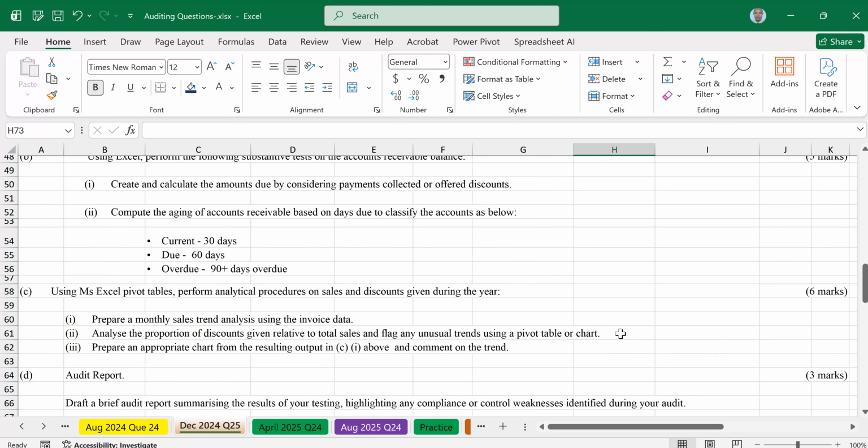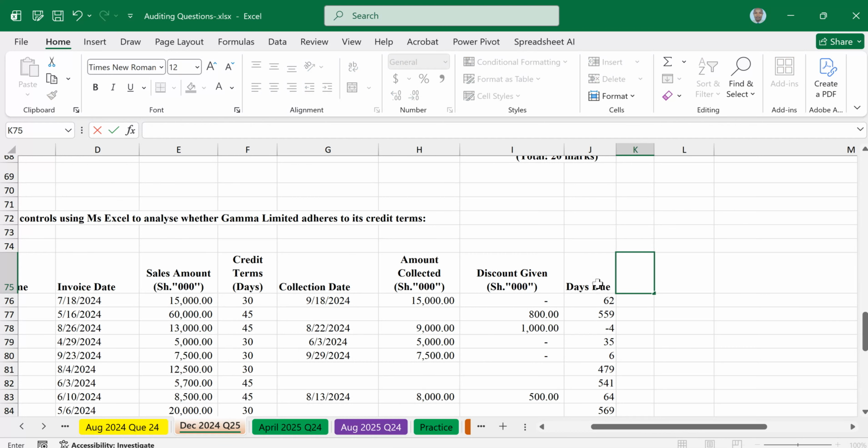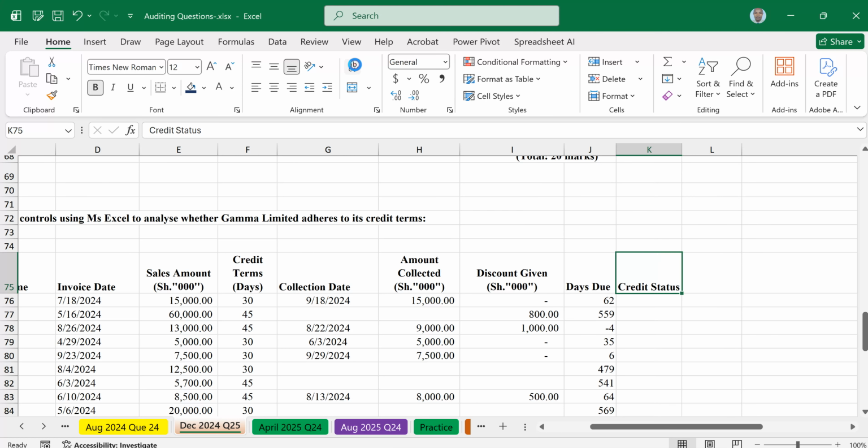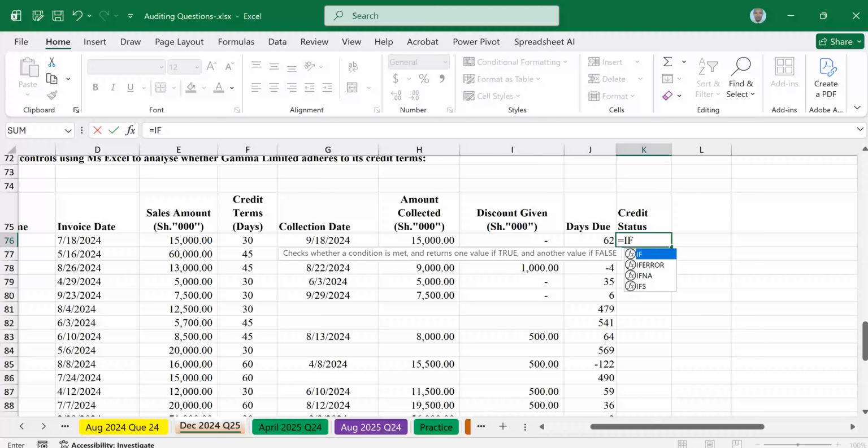So you use the if statement. That one is very, very easy. Just say status. You can call it credit status. Now, here on the credit status, equal sign, if, tab, if the days due,